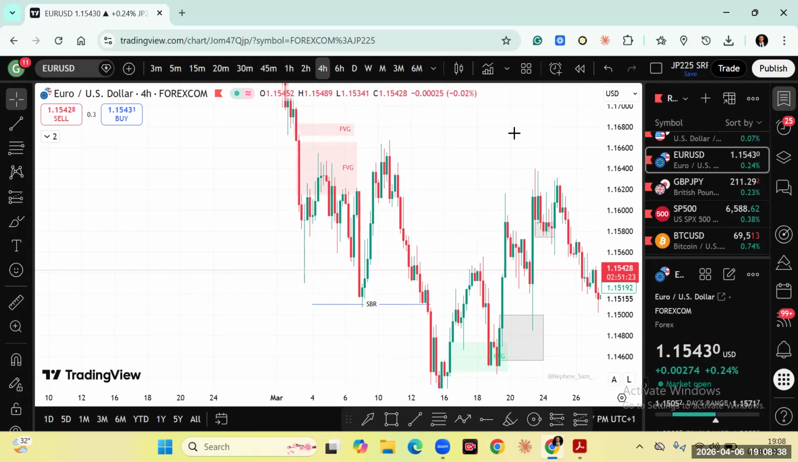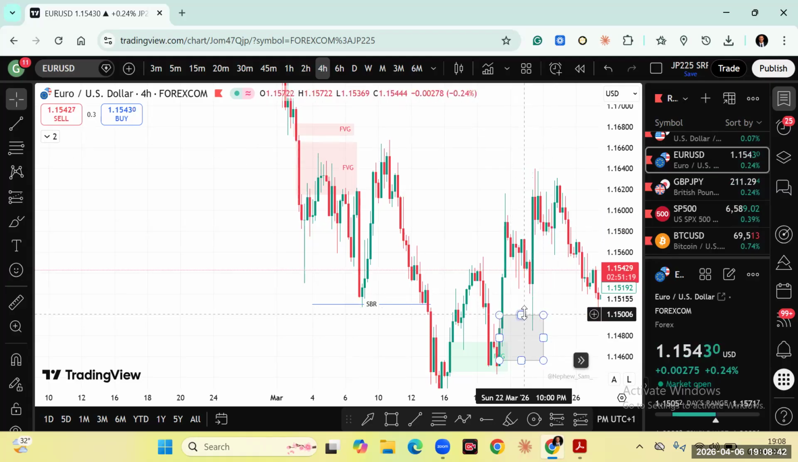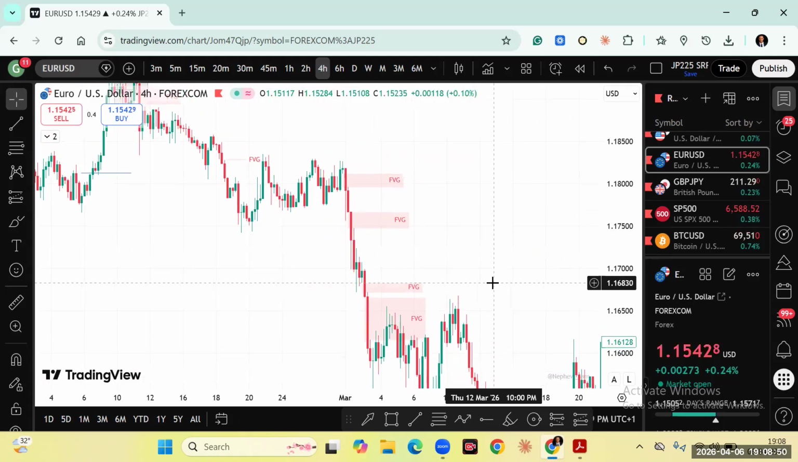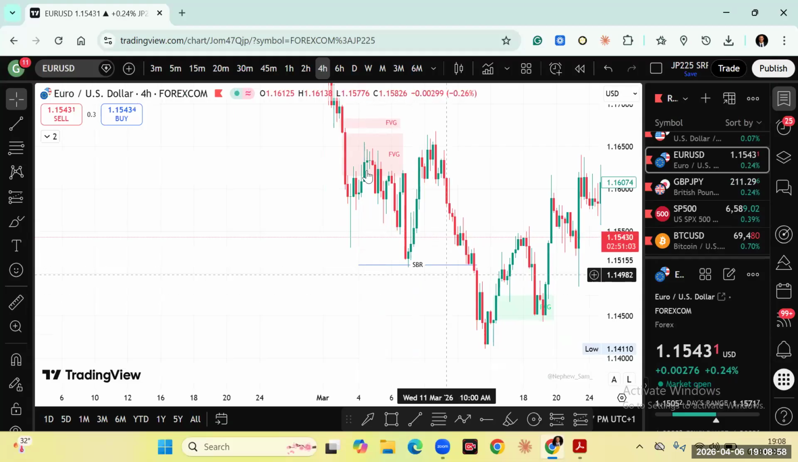So we are going to remove all of this and this. Because when you look at the chart, there are so many ranges. The question is, where will price use? Which price? So when price was here at this zone, when price came here and did all of these things